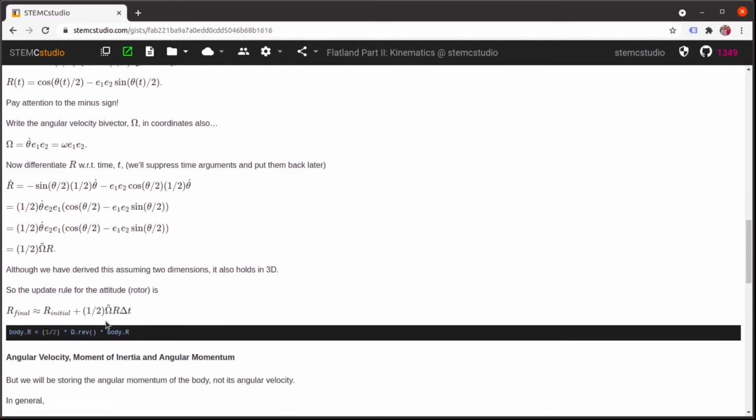Now you can think about this a little bit and go, okay, is this intuitive in some kind of way? I find it hard to actually see the intuition behind this. The half factor obviously comes from this sort of doubling of the angle. Yeah, we expect the angular velocity to be in there. The rate at which the rotor changes, you'd expect to be proportional to the angular velocity too. The factor of r is a little bit more strange,